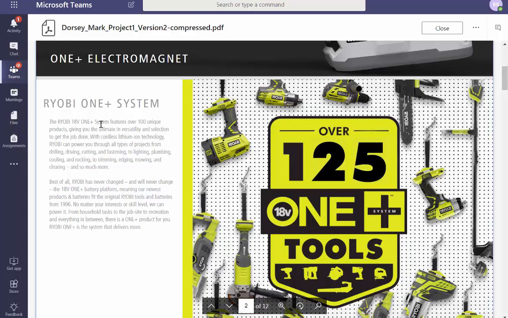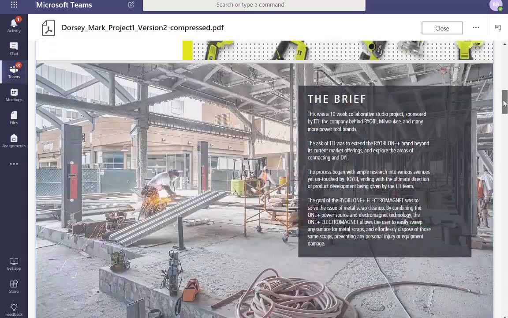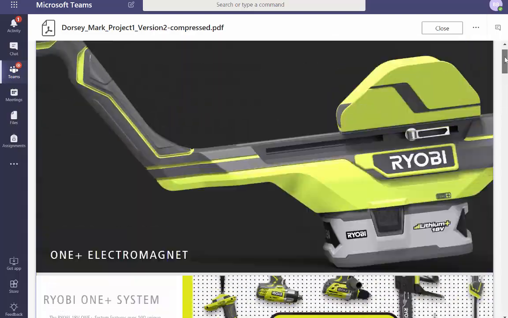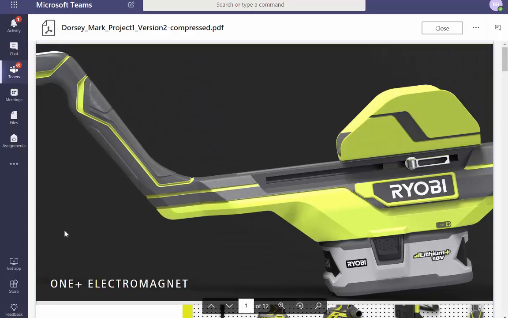I wonder if I said, shorten that up and explain it holistically. Brief. Teammate collaborative project with Adobe. That should be here. Sponsor studio, 10-week development, group research, individual development, something like that.